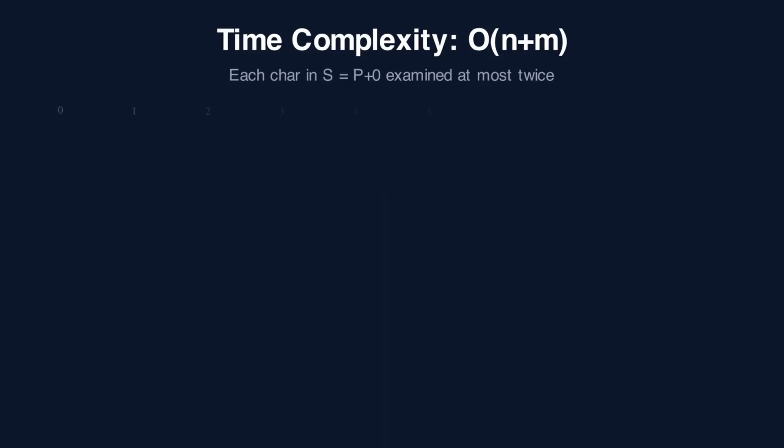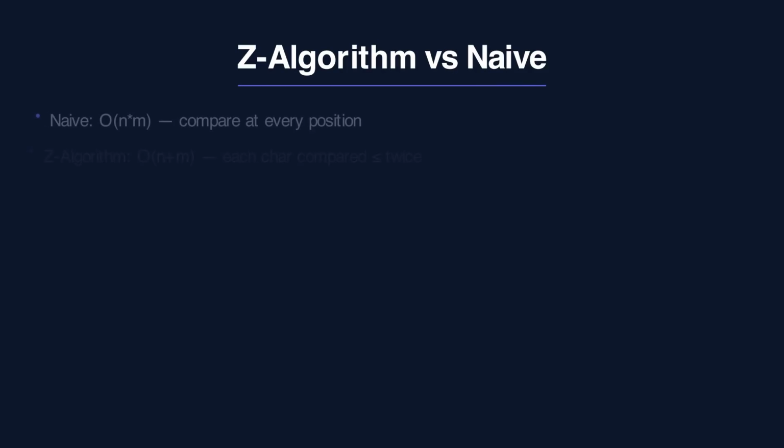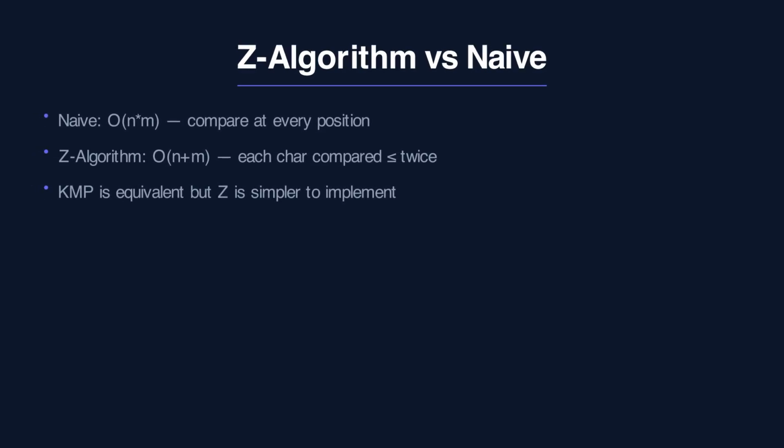Can we use this for pattern matching? We construct a new string by concatenating the pattern, a special separator character like $, and the text: P plus $ plus T, for ABC and